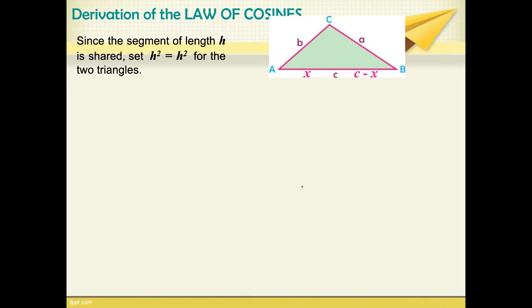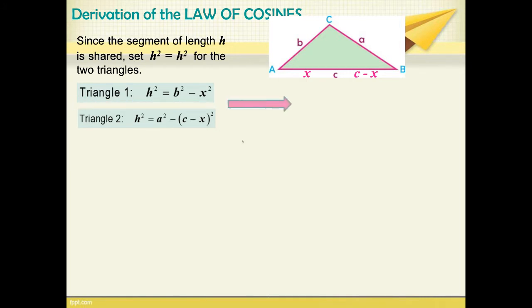Okay, next. Now, since the segment of length h is shared, set h squared equals h squared for the two triangles. Or in other words, equate triangles 1 and 2. Since triangle 1 has this formula and triangle 2 has this formula, notice that they both have h squared on one of the sides of their equations. Therefore,